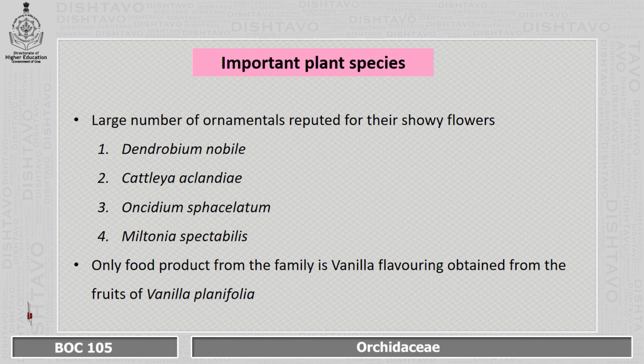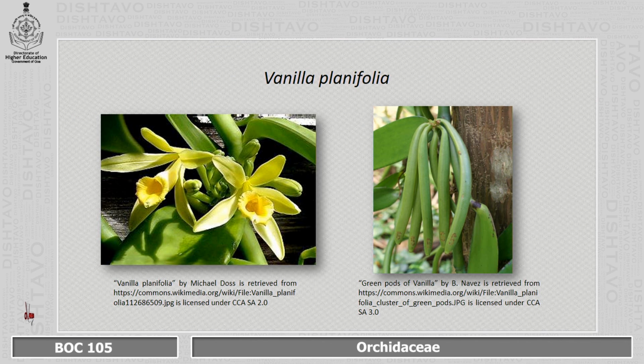Important plant species: generally the flowers of these plants are showy, and these are some of the examples. We have Dendrobium nobile, Cattleya, Oncidium, Miltonia spectabilis, and one of the food products that we get from this family is vanilla, an essence used for flavoring, derived from the fruits of Vanilla planifolia. In the picture we can see the flowers as well as the pods of Vanilla planifolia. Once these pods dry up, the vanilla essence can be